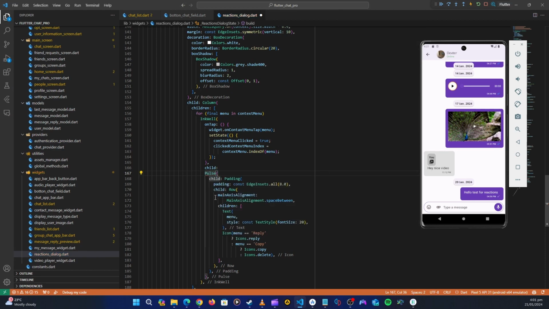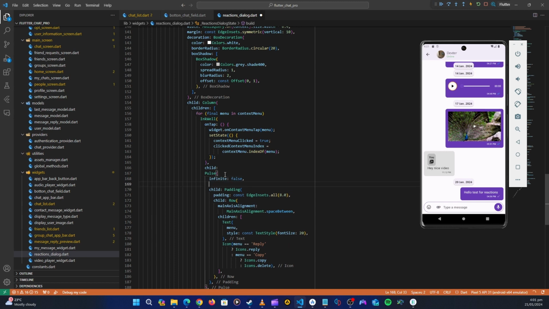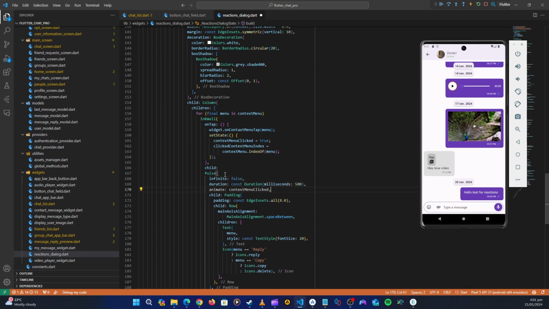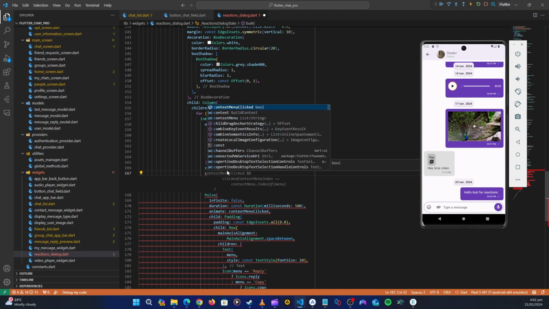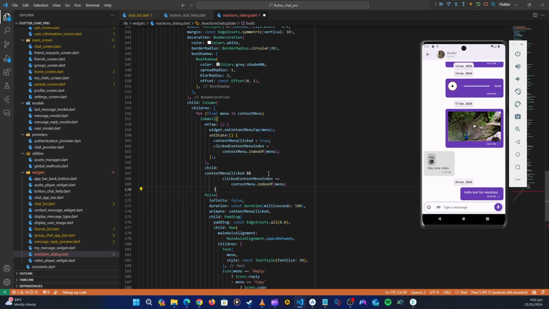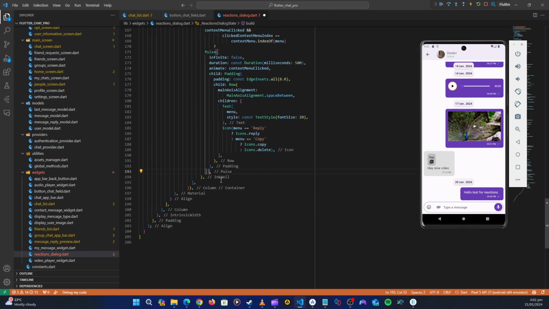Let's wrap it with a pause, and then of course let's also set infinity to false. I'm just letting Copilot do everything here because it knows that this is the context menu click. Now when I come here, it's going to check if context like that. So we have seen its check is going to show a pause, and then if we don't have an animation, we are going to show